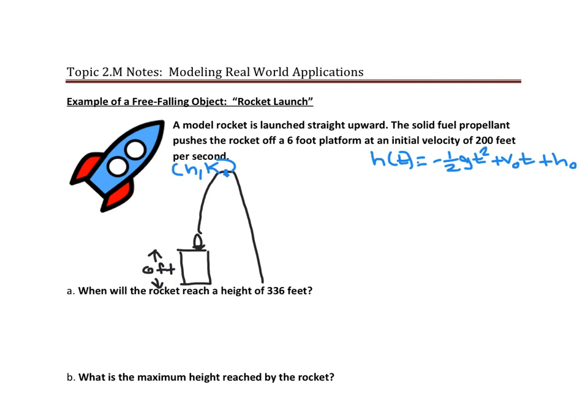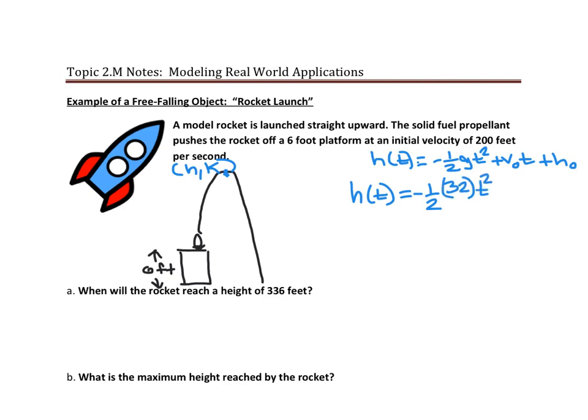Since I'm seeing that our initial velocity is 200 feet per second, I know I'm going to be using my English units for the gravitational acceleration. So my model then would be h of t equals -1/2, and our English gravitational acceleration is 32 feet per second squared